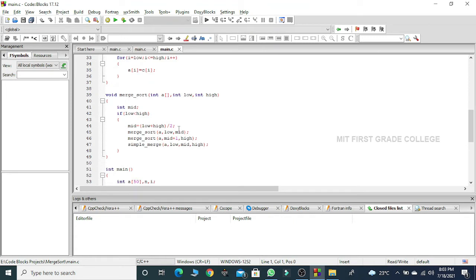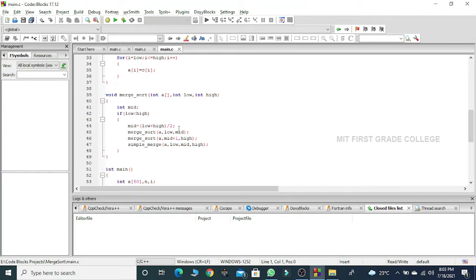Once the flow of control reaches this function, I declare a variable mid and check the condition: if low is less than high. Low is assigned the value 0, high is assigned the value n minus 1.